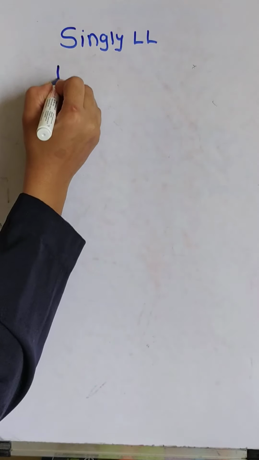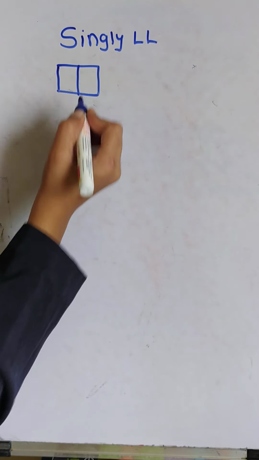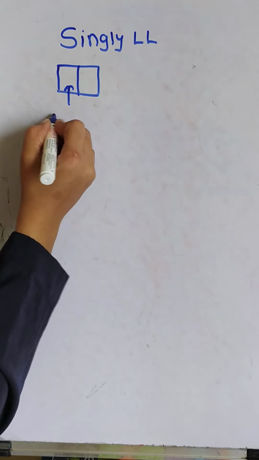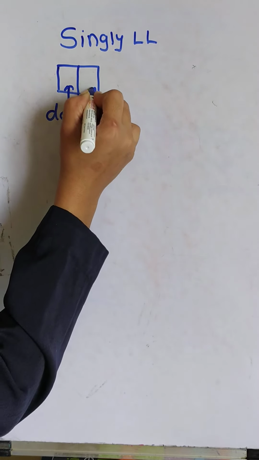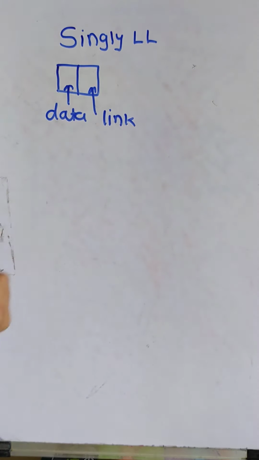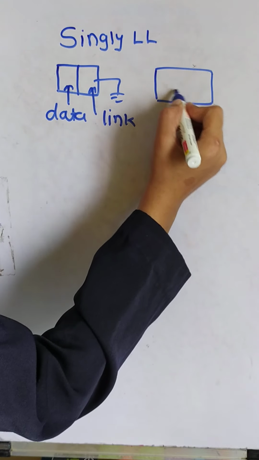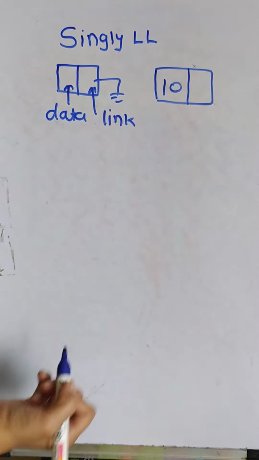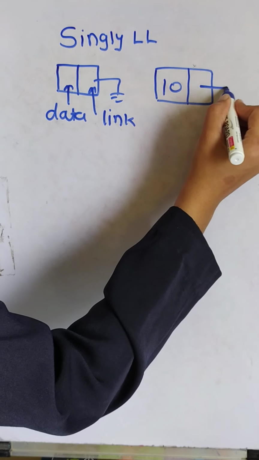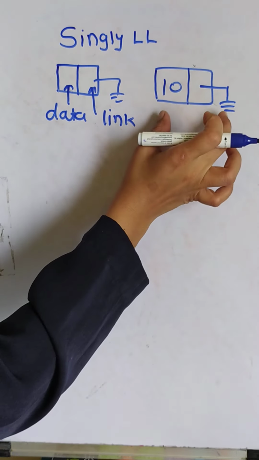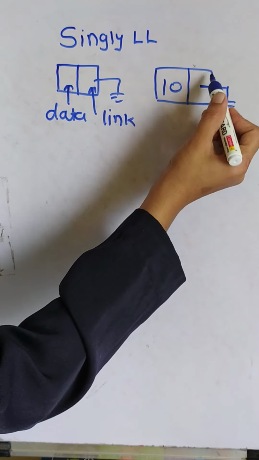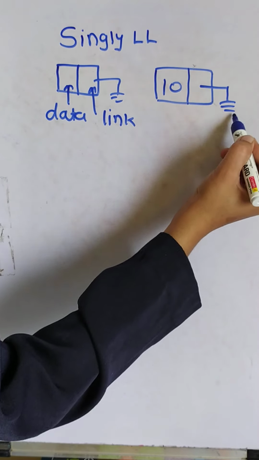In the previous lecture we learned the singly linked list. What is actually the singly linked list? A singly linked list has nodes. A node means this part stores the data and this part stores the link. Suppose this is your node, having data 10, and it points to null, which means this is only a single node. So here we are storing the null, or you can represent it in this way.